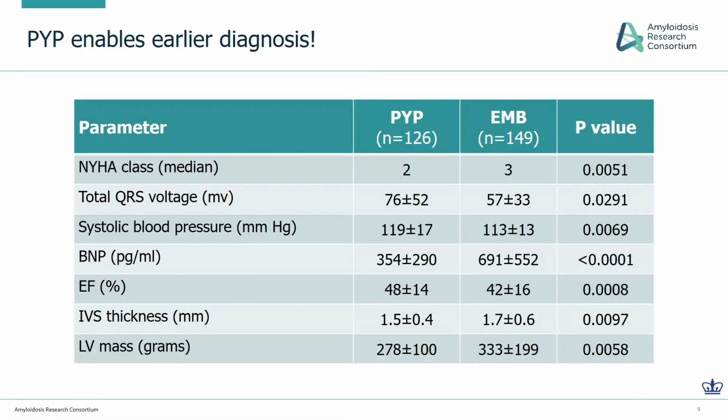In our data at our center, we've shifted over based on recent consensus documents to use scintigraphy for non-invasive diagnosis, and these are just preliminary data showing 126 patients diagnosed by PYP scanning with transthyretin amyloid versus those diagnosed with endomyocardial biopsy. We identify patients with an earlier phenotype. Their median New York Heart Class is 2 compared to 3. They have low voltage but greater voltage when diagnosed by PYP, slightly higher blood pressures, lower BNPs, higher ejection fractions, less wall thickness, and lower LV mass. And all of this, again, would suggest that PYP can enable an earlier diagnosis, which is key to several emerging therapeutic